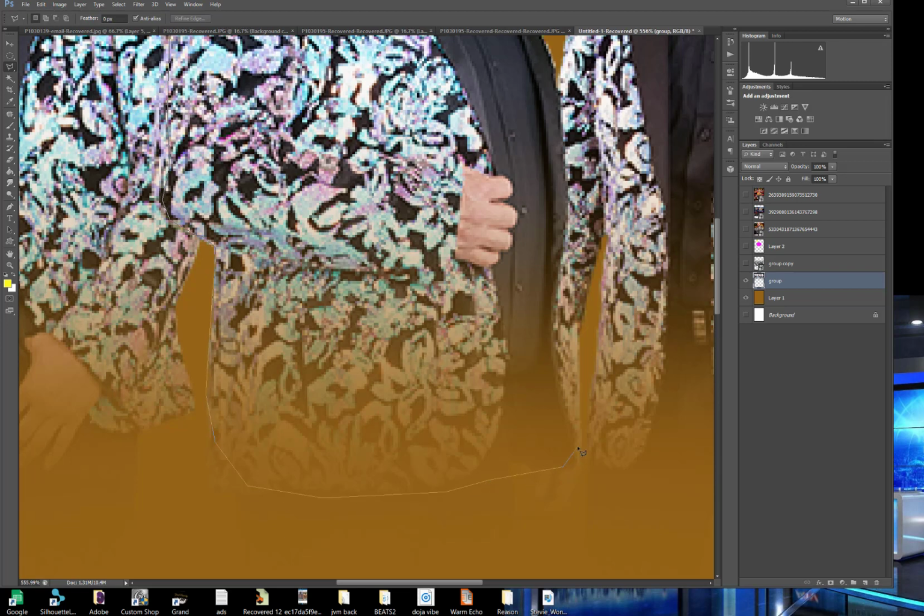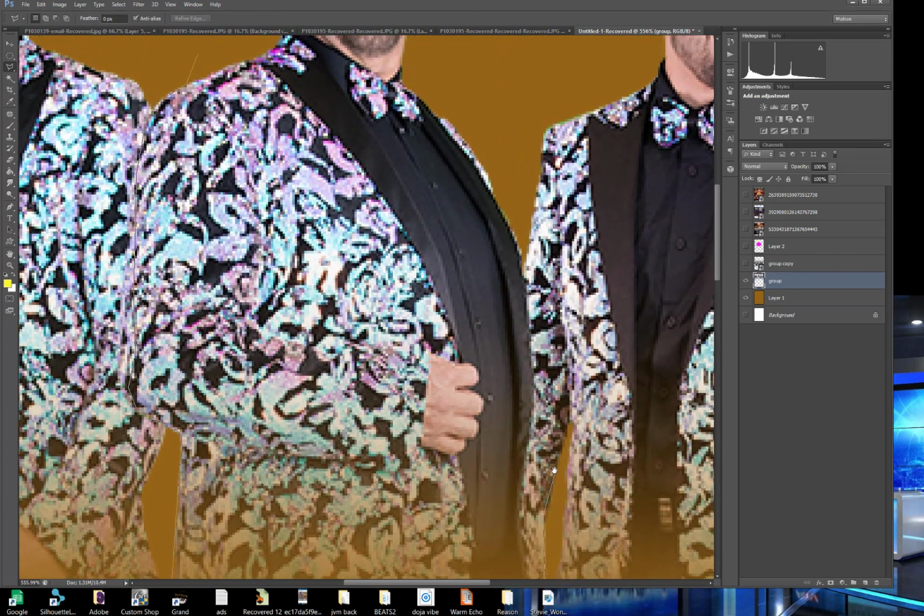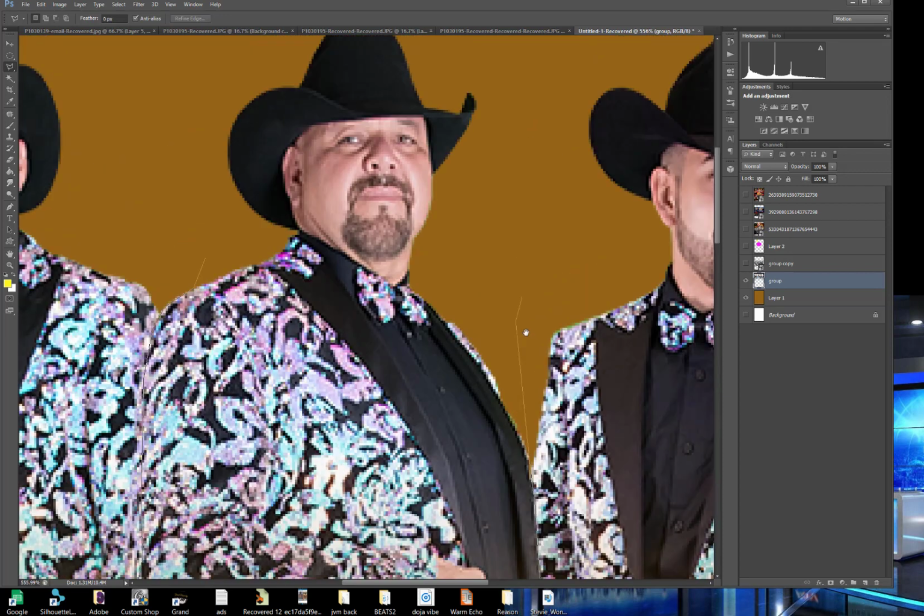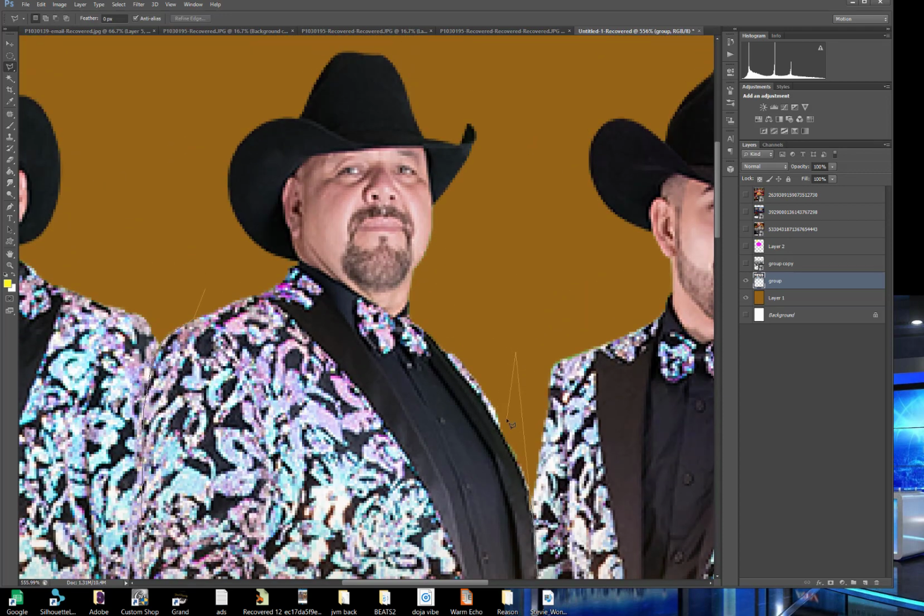And now we want to do this side. So we keep going up the line. Let me hit my space so I can move the page down. I don't want to get his arm, so I'll keep it there. Click there, click there. And I don't have to follow, since this part is already cut out. I only had to work with what was not cut out. So since this is already cut out, I can simply just go around,